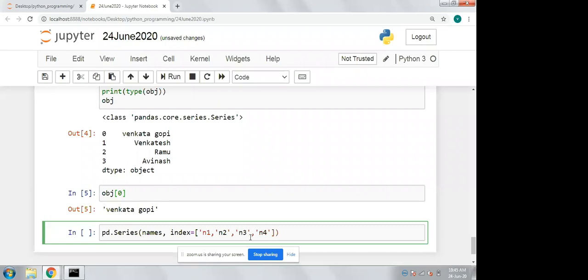So you will get the index positions as n1, n2, n3. Like this, you can create the series object.